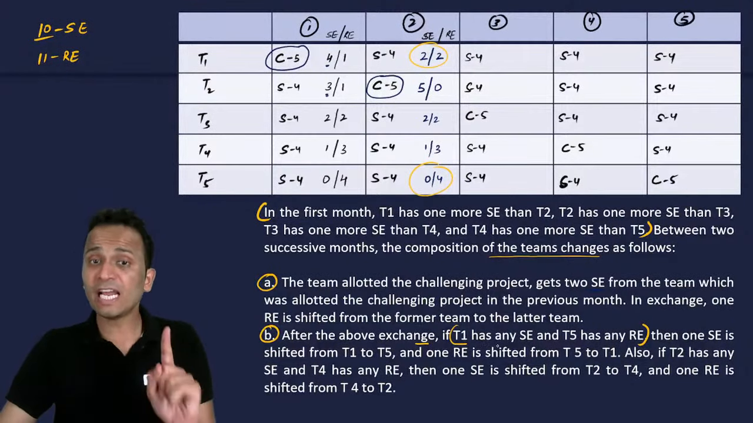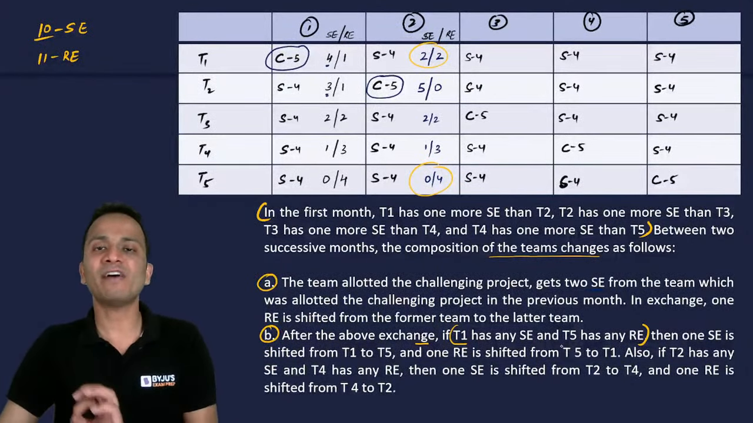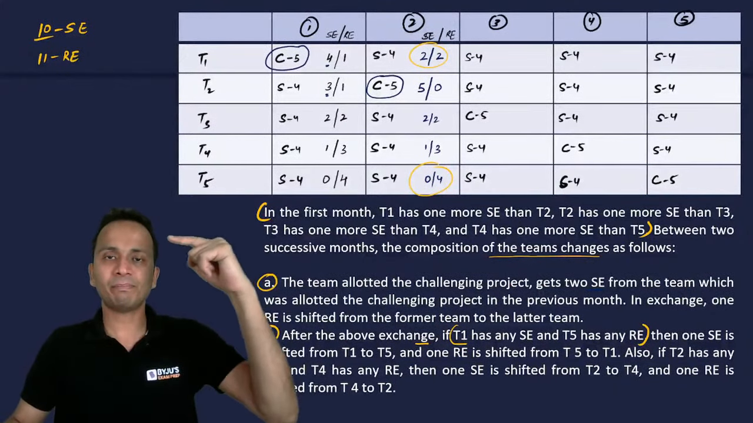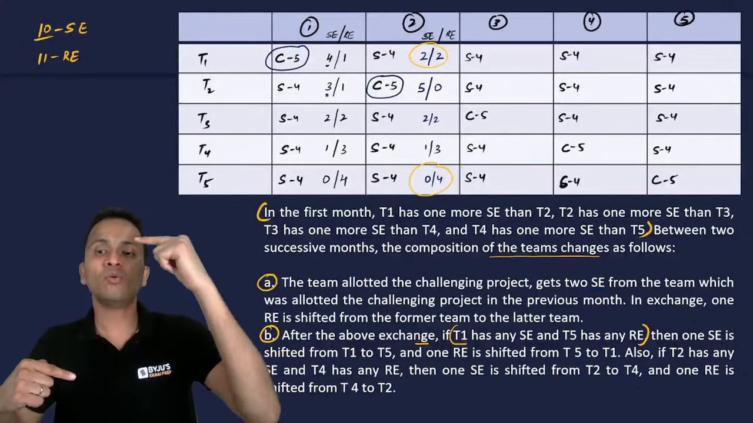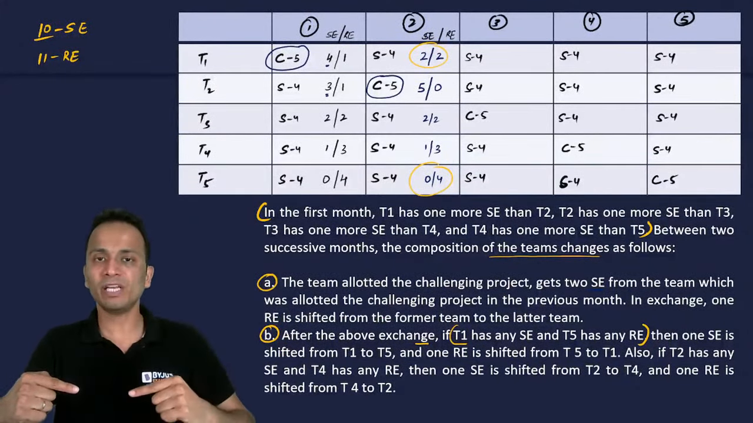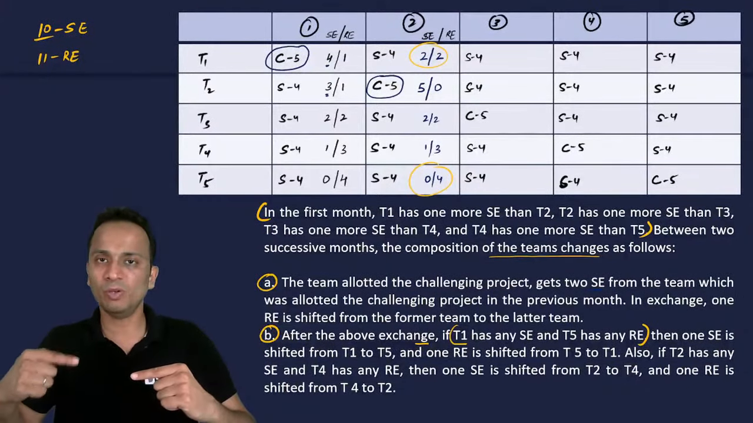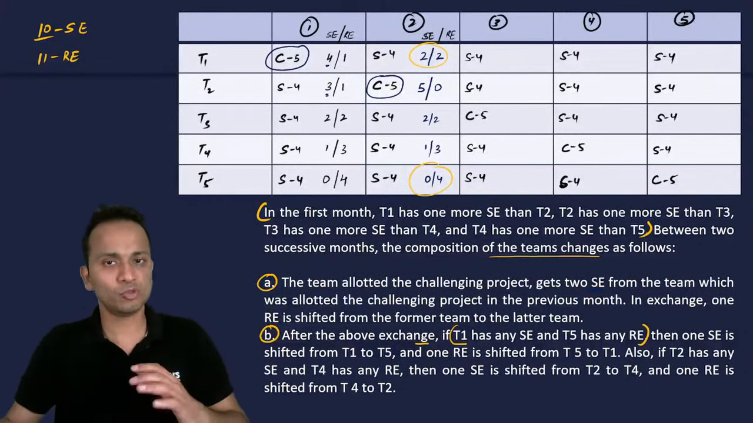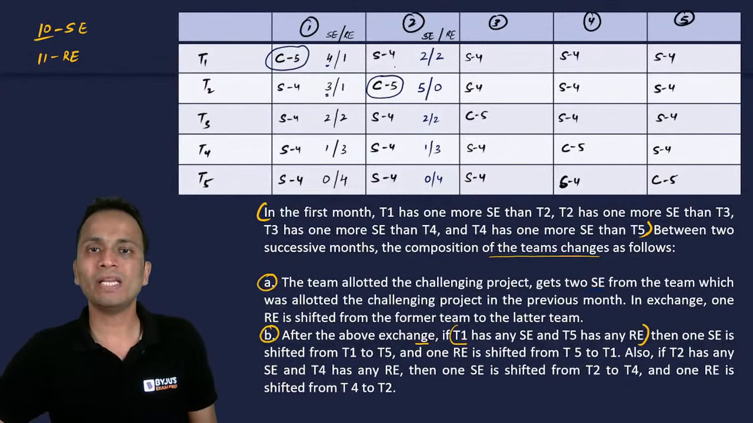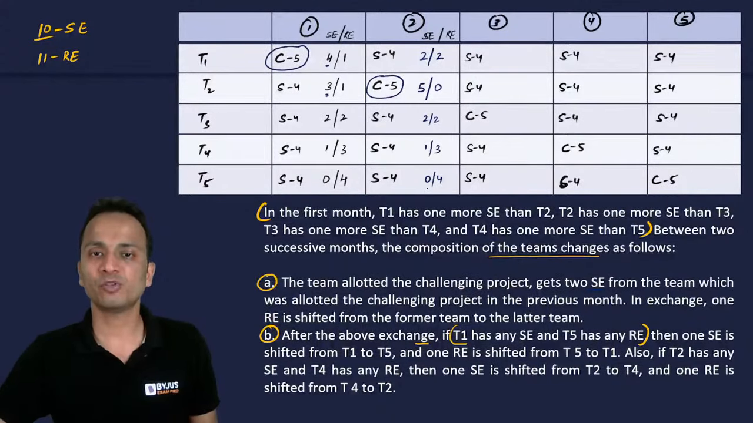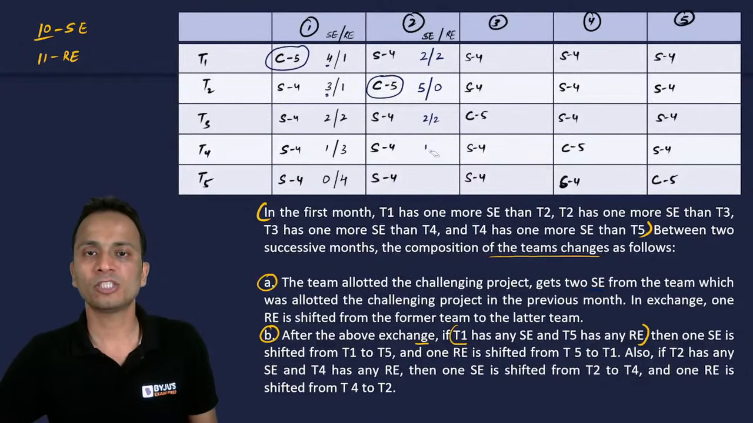So if T1 has any SE and T5 has any RE, T1 के पास SE होना चाहिए and T5 के पास RE होना चाहिए. अगर है, then one SE will be shifted from T1 to T5 and one RE will be shifted from T5 to T1. तो ये शिफ्टिंग भी कर देते हैं जल्दी से. So one SE will go from T1 to T5. So इसका जो न्यू कॉम्पोजिशन है वो क्या हो जाएगा, मैं थोड़ा सा इसको कंजस्टेड वे में लिख देता हूं,